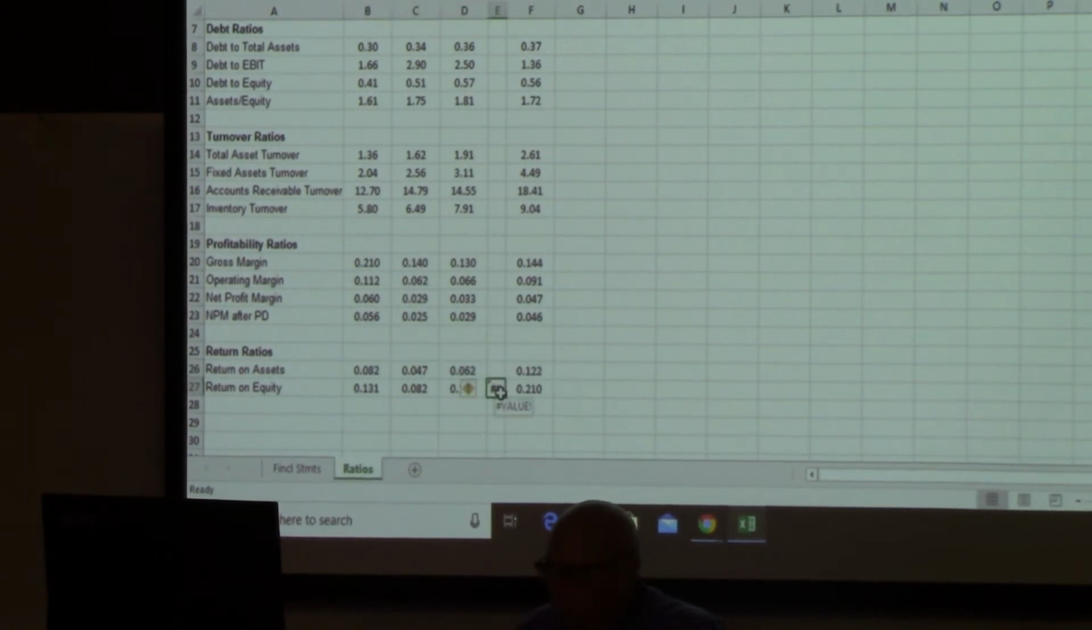All right, let's take a look at what we got here. So let's look at our returns, and let's go ahead and do ROA after preferred dividends and ROE after preferred dividends. So that's equal to